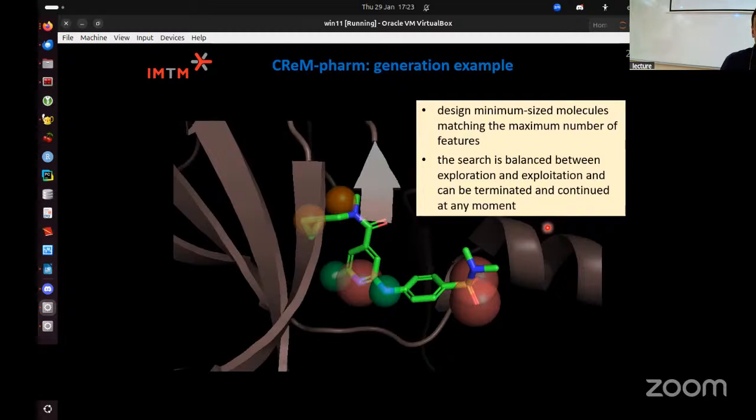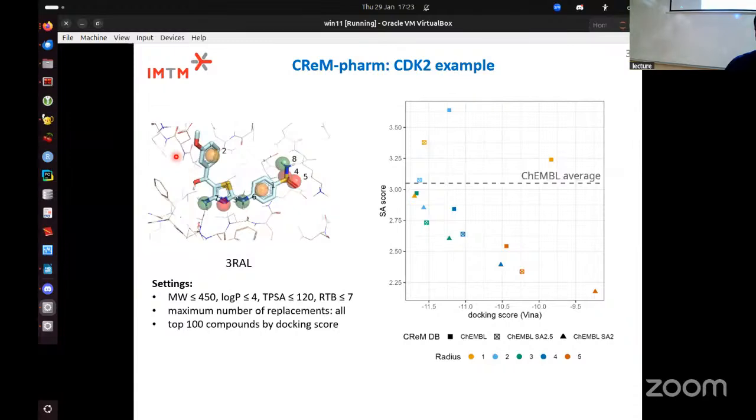So if your generation is interrupted, or you stop it yourself, then you can just call the same command and it will continue from the point where it stopped, because it may not be necessary to explore the whole number of compounds. You can just generate the first 100 and interrupt the generation. But later you may want to continue, for example, the search. Here are just examples of how